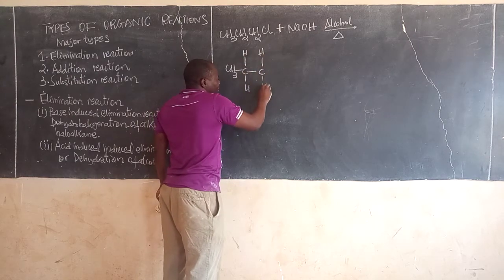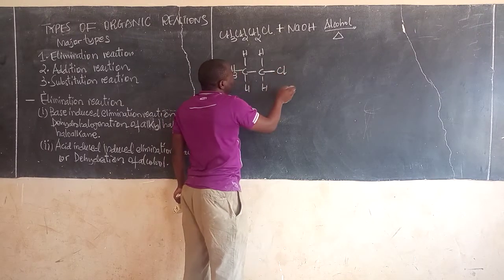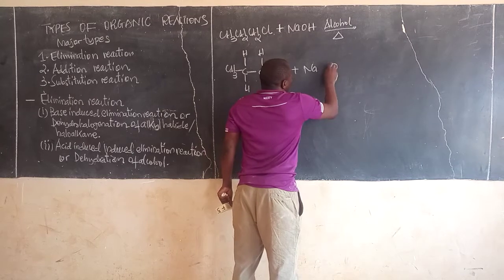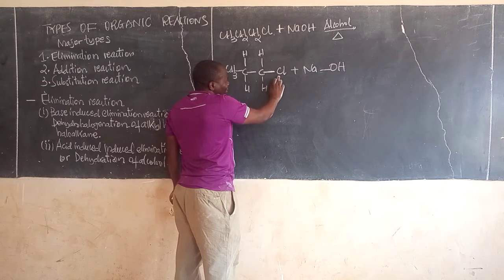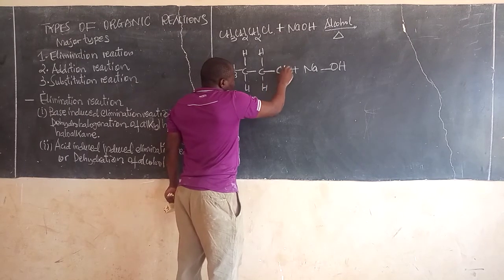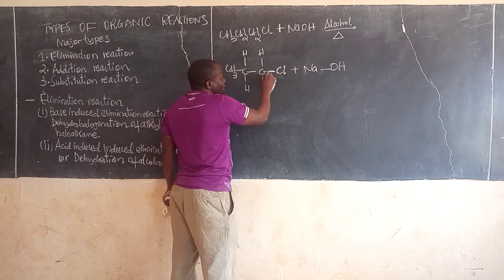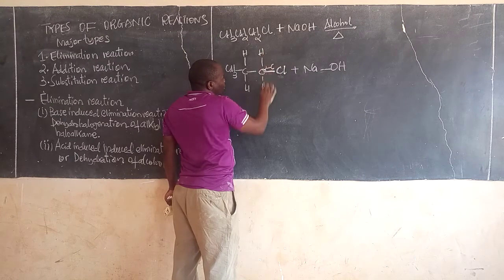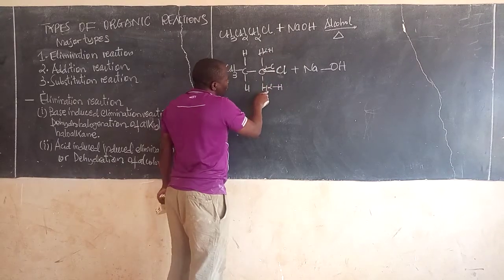which are the alpha hydrogens, which are the beta hydrogens, which are the alpha carbons, and which are the beta carbons. This is a functional group bonded to the first carbon. This first carbon, where the functional group is attached, is known as the alpha carbon. The hydrogens attached to this alpha carbon are also alpha hydrogens.